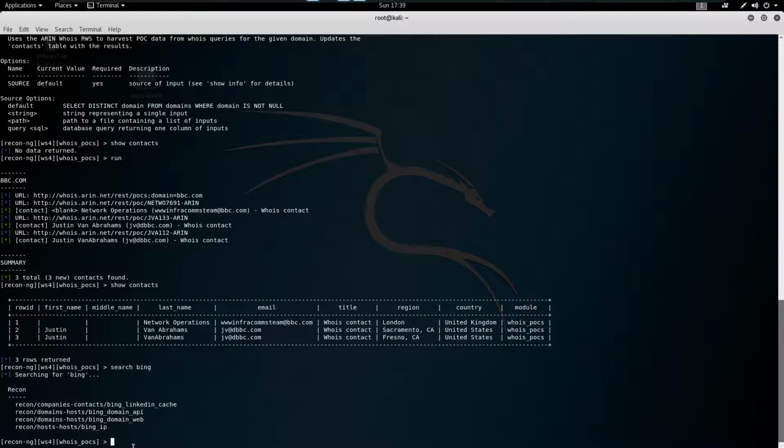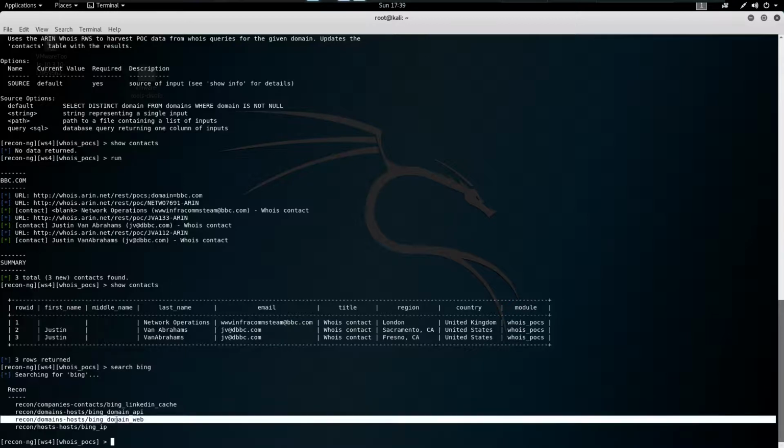To get the subdomains of the website bbc.com, you can simply use this Bing domain web module.